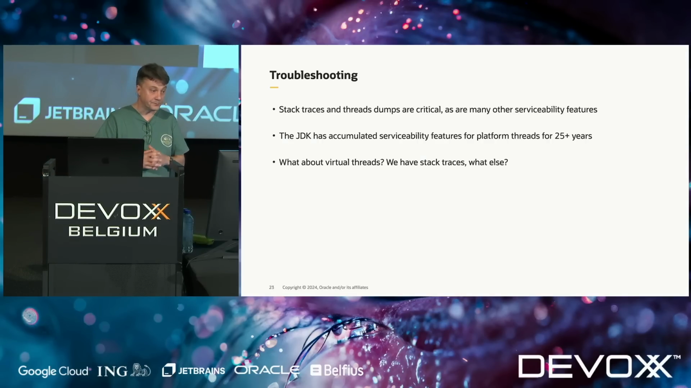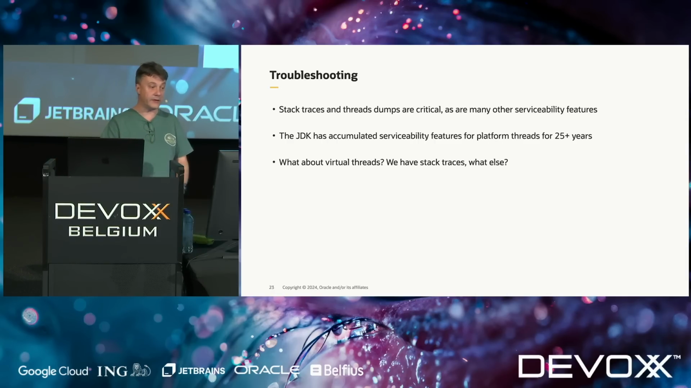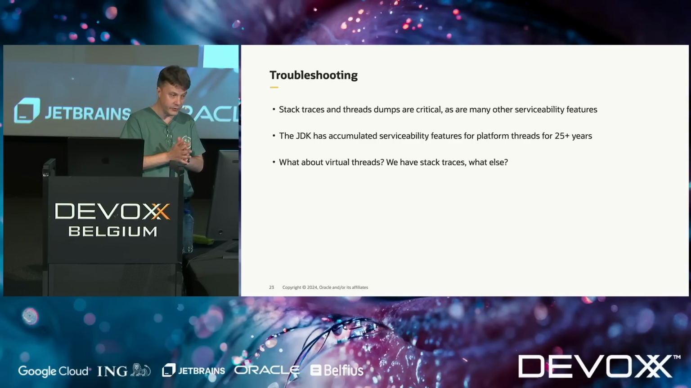Okay, so when I talk about troubleshooting, I'm talking about things like stack traces, thread dumps. These are the things that we kind of assume are there. And there's a whole bunch of other serviceability features that, once you have them, even in development, not just production, you need to be able to actually diagnose why things are happening and what problems you might be having